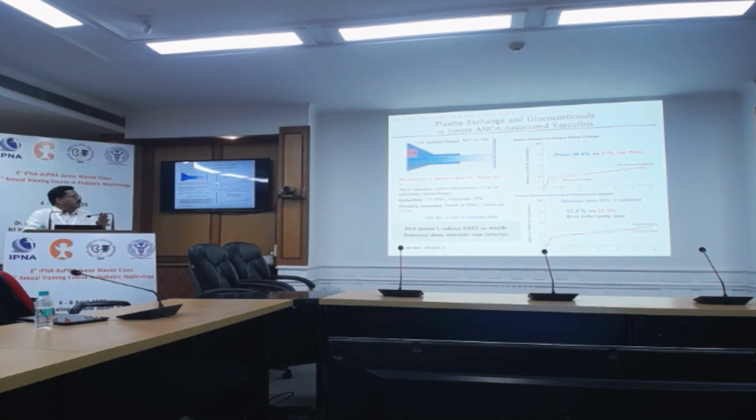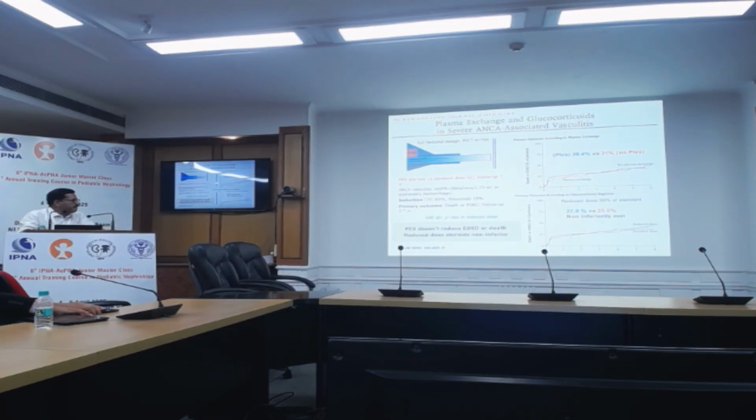So this was a very large trial that compared plasma exchange in severe ANCA vasculitis versus no plasma exchange, and standard therapy was in the form of either cyclophosphamide or rituximab, and the majority of patients received IV cyclophosphamide. And these are patients who had severe ANCA vasculitis with an eGFR of less than 15 ml per minute. The primary outcome was death or end-stage kidney disease at a follow-up ranging from 2 to 7 years. And this trial also had a 2x2 factorial design, wherein low-dose corticosteroids versus the standard-dose corticosteroids were also tested in